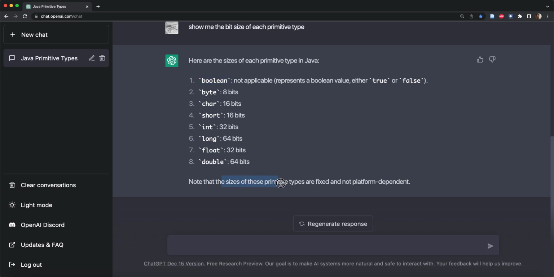Note that the sizes of these primitive types are fixed and not platform dependent. Unlike in C++, where there is no guarantee that int is 32-bit. There is only a guarantee inside the C++ standard, for example, that int at least has to be 16-bit, but it could vary from one platform to another, whereas the JVM provides these guarantees for all these types, so you really don't need to worry about them. So this is the first thing, right? And the next thing is